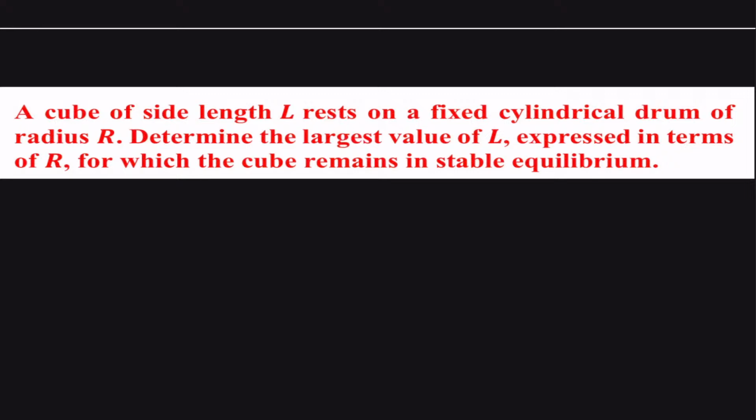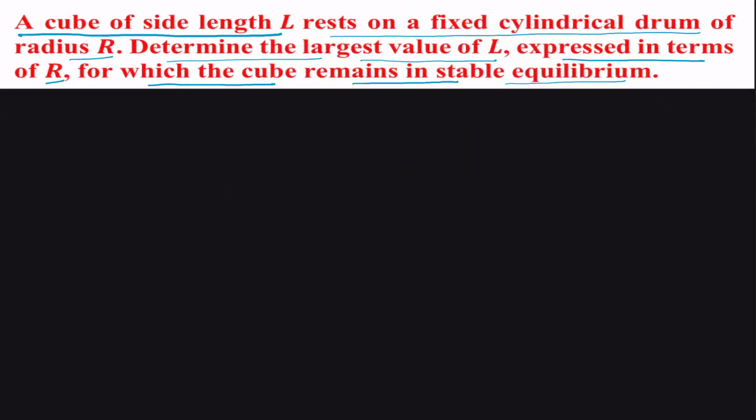So in the first question it states that a cube of side length L rests on a fixed cylinder drum of radius r. Determine the largest value of L expressed in terms of r for which the cube remains in stable equilibrium. So in this case we can just draw an approximate figure,